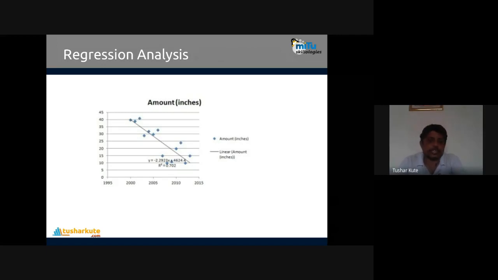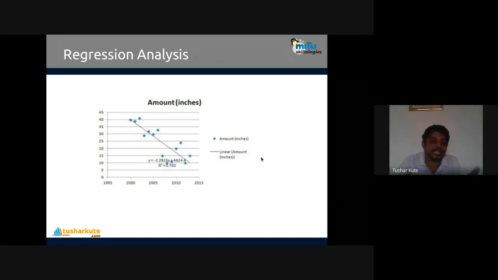See this one, just a line is created there. So this is the original value, and this is your line of best fit. And here I mentioned some values also. These values are actually showing the accuracy of this data. The accuracy of this data is 70%. But how is it calculated?